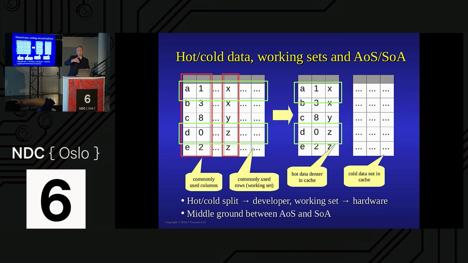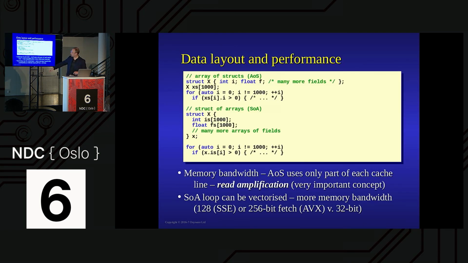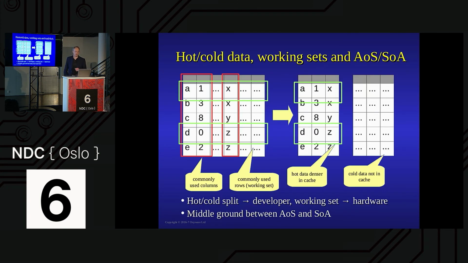Rows at a time, columns at a time. Which do you choose? Well, you may find that there is a compromise between these. One of the things you can do is say, here I had all these fields like this, I had i and f and lots of other things like that. If I'm actually only interested in one or two of these fields, the really common fields, why don't I just store those separately? So I say, these are the most common fields, like that. I'll store those separately from these ones.